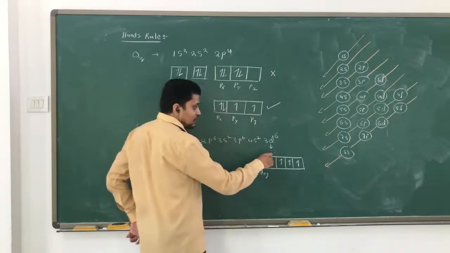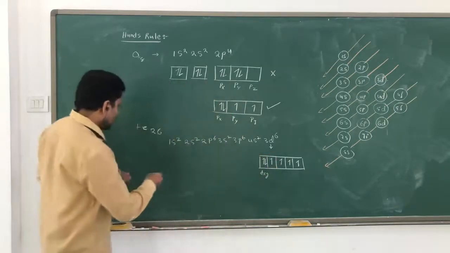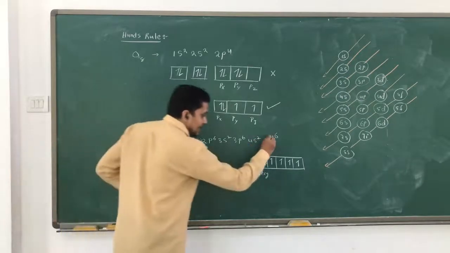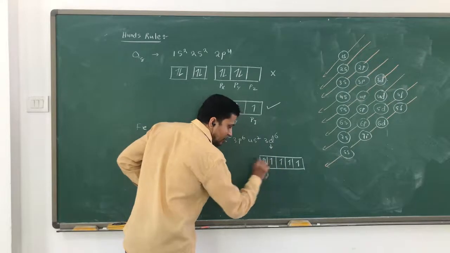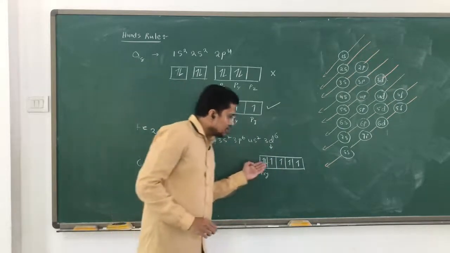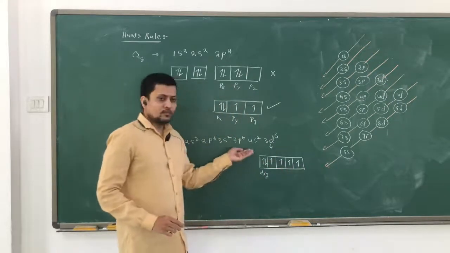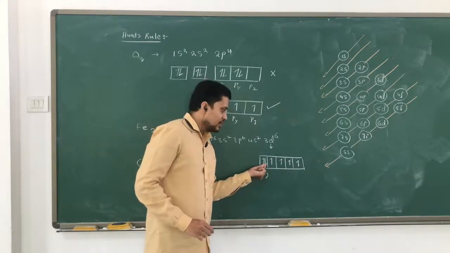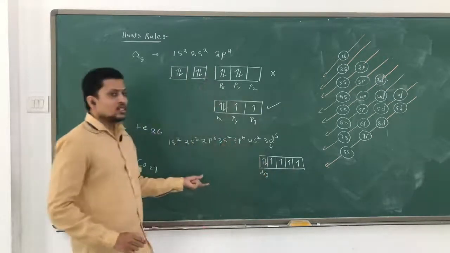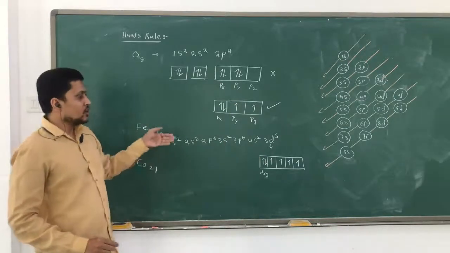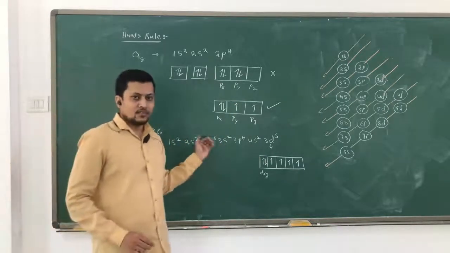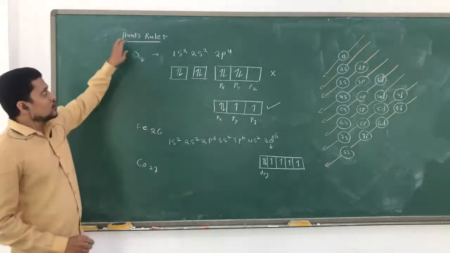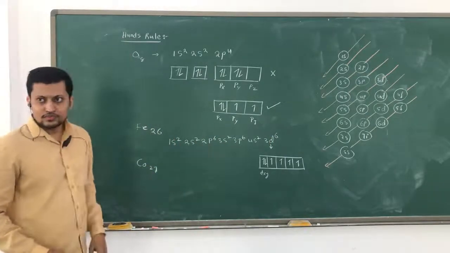And if any other will come next, like after iron we have cobalt, 27. So it will be 3d7. That will enter over here. So first they are going to be filled singly, then they are going to be filled completely with opposite spin in the d orbital, and the same follows with the f orbital also. In the f orbital also you are going to fill in that way. 7 half filled first, then you are going to be filled completely. So this is what we call Hund's rule.